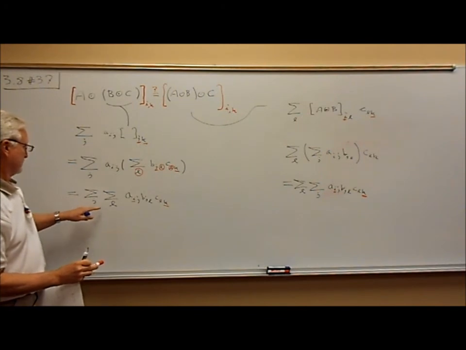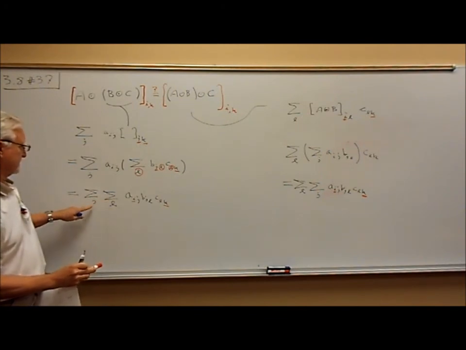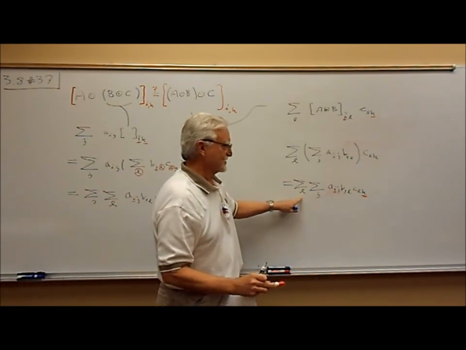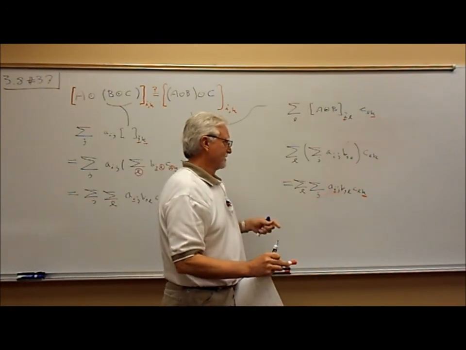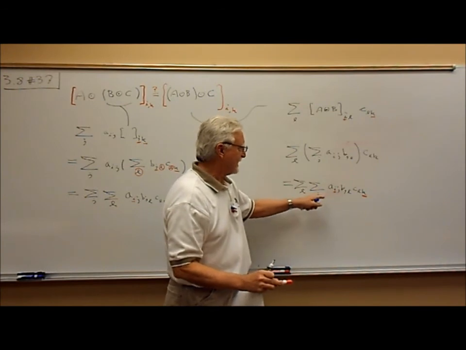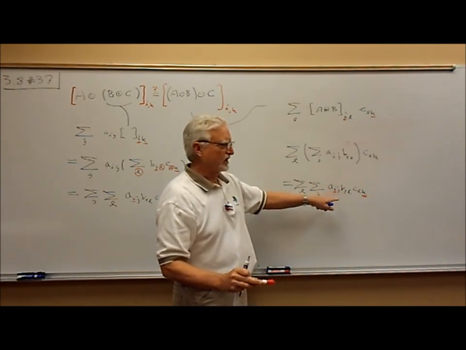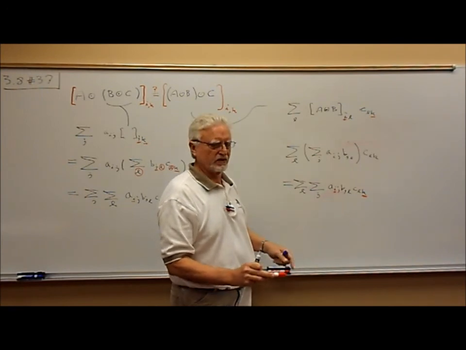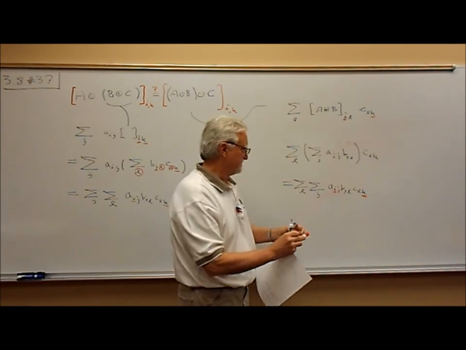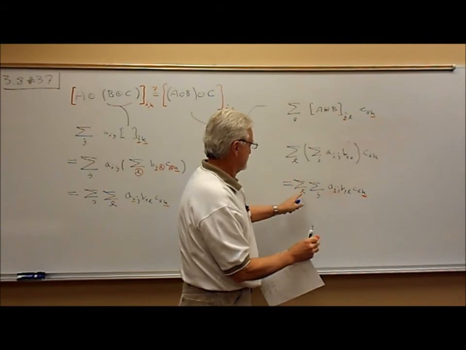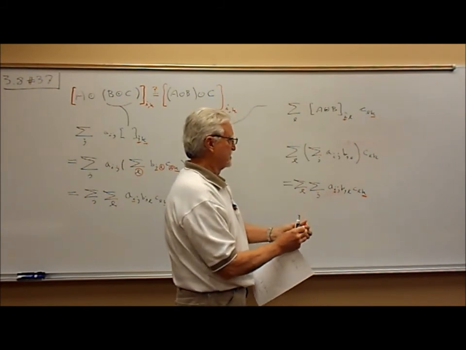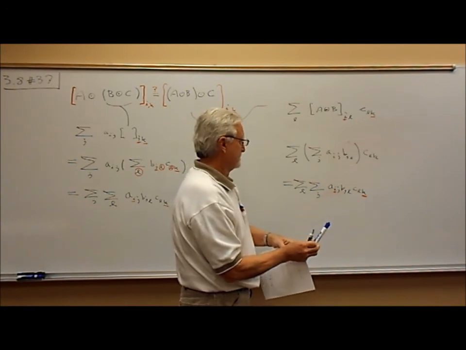The inner sum is over L and the outer sum is over J. Here the inner sum is over J and the outer sum is over L. But hey, you're just adding up a blizzard of triple products, and it doesn't really matter what order you add them up in. And so you can interchange L and J here, and it will make no difference to the sum,